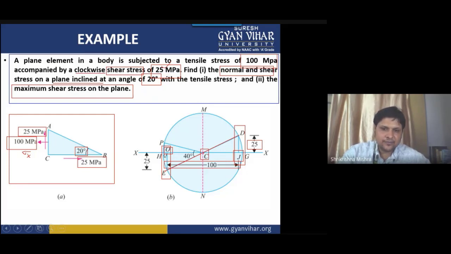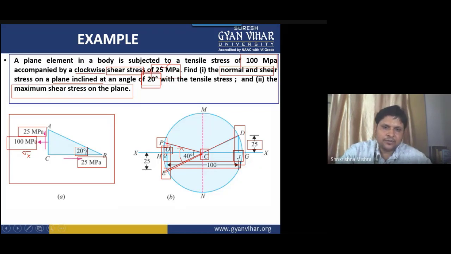We will take this center C as the center, and we will draw a circle like this. All right, and after drawing the circle, students, we will take the angle equal to double of this 20 degree, means 40-degree angle, and we will mark from this line CE. From this line CE, students, we will mark the angle in this way, and then we will draw a line in the direction of this given angle, and we will mark the point P as the point intersecting the line and the circle.